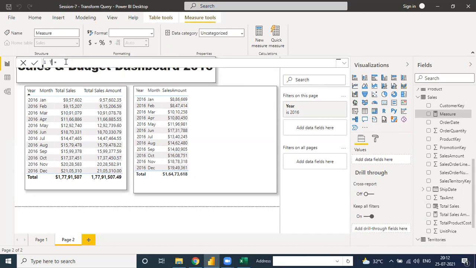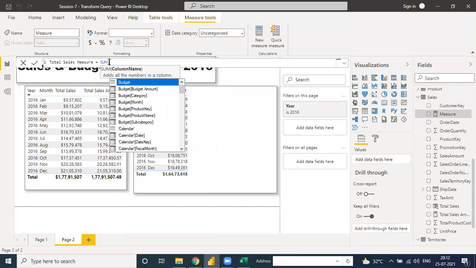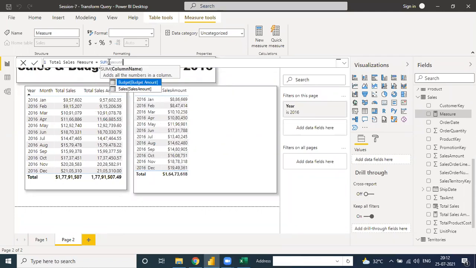Change the name of the total sales measure. And how is the total sales measure made? You need to make the sum of total sales in the Excel file. Okay, so sum out of which Excel file? Sum of sales amount. Okay, in the sales table, see, sum of the sales table for the sales amount.